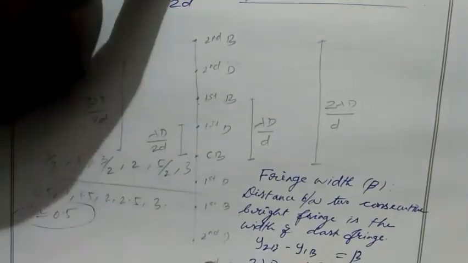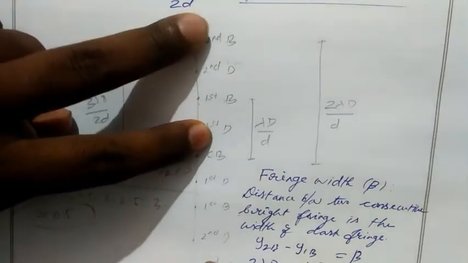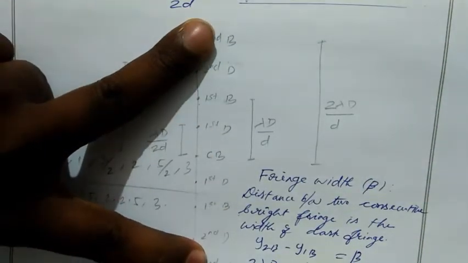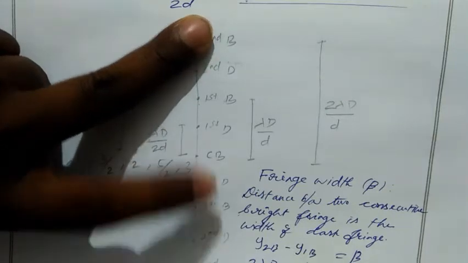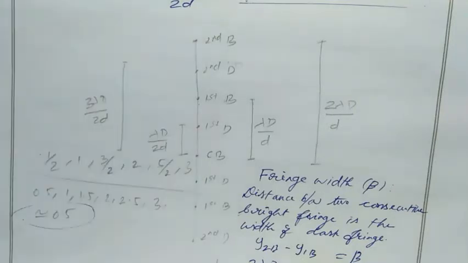If we take the same side, then we have the 7th bright somewhere here, and the 11th dark somewhere here. So we have to calculate this distance. If we take the opposite side, the distance will be nearly 7 plus 11, 18. But if you take the same side, the distance is nearly 4. So that's why it is asked on the same side. Clear? So let's come to the problem.